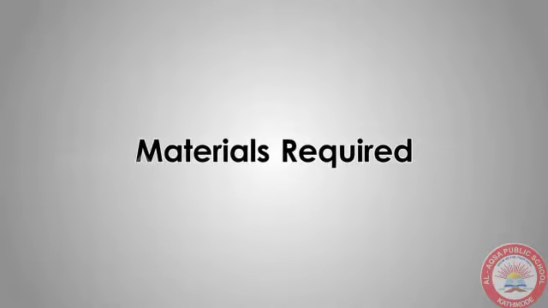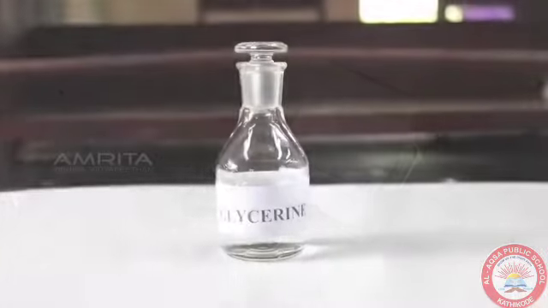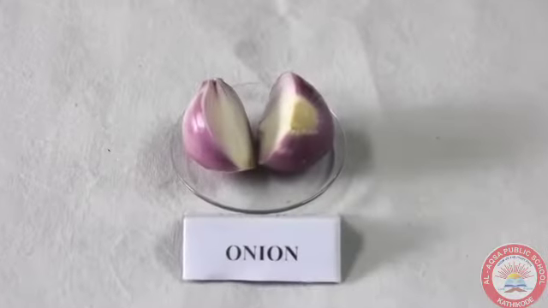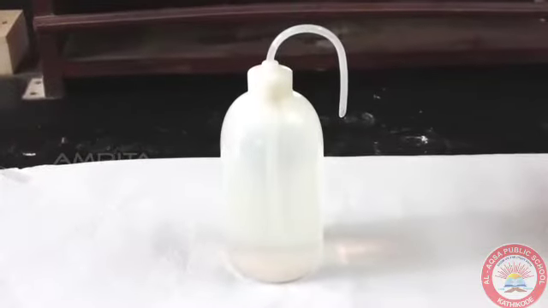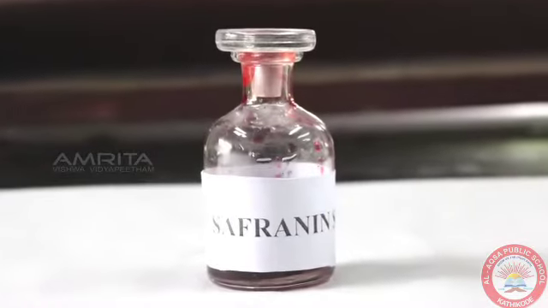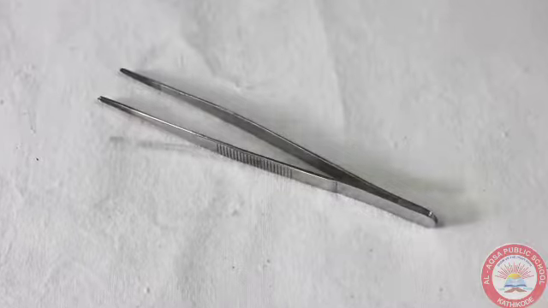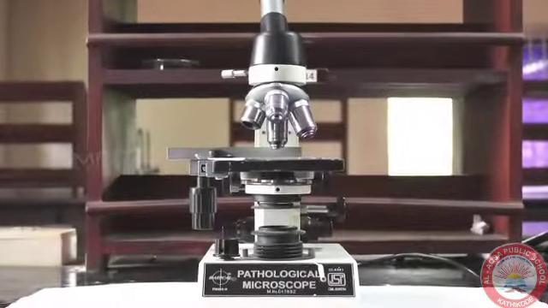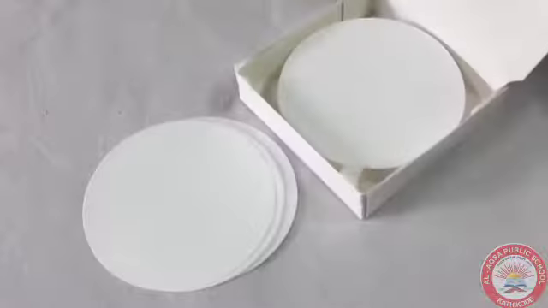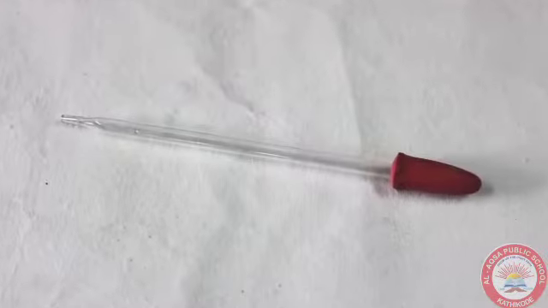To do the experiment, we require cover slip, glycerine, glass slides, onion, watch glasses, distilled water, saffron in solution, forceps, brush, needle, compound microscope, blotting paper, and a dropper. Procedure: